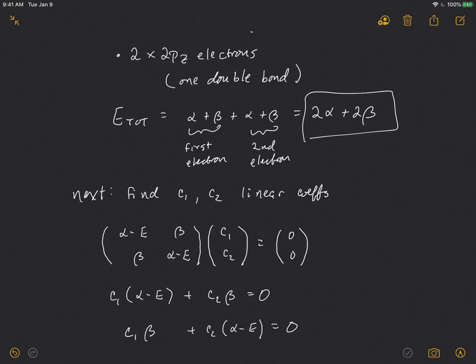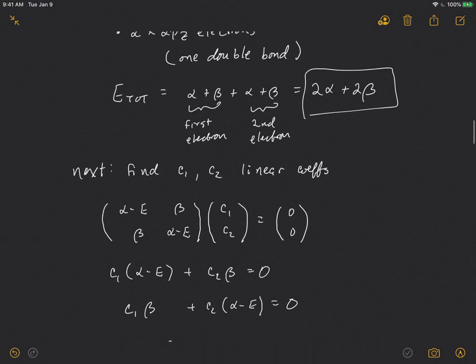And so from matrix multiplication, using the rule where you move your left finger in a horizontal direction and your right finger down and follow along, you get alpha minus E times C1 plus C2 times beta equals 0. And then we get a second equation,